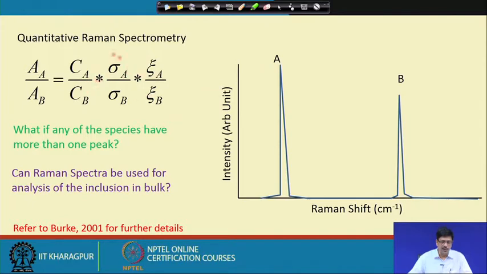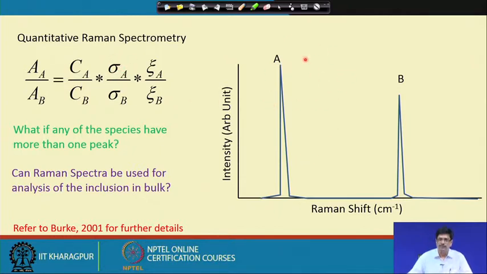That would be related to parameters shown here as sigma A and sigma B, which is known as the Raman scattering cross section. This is a fundamental parameter of a particular species. They are wavelength dependent. In standard literature we have the tabulated values of the Raman scattering cross section at different laser wavelengths, say for example 514, 526, 785, or the many wavelength lasers used from the UV to IR ranges, and those values are tabulated in standard literature which you can get.